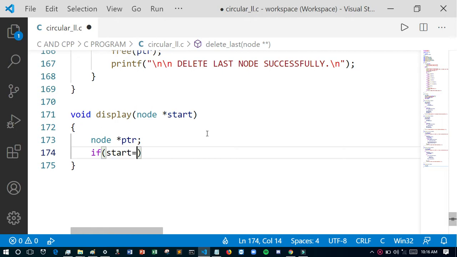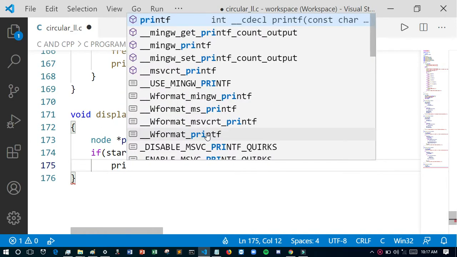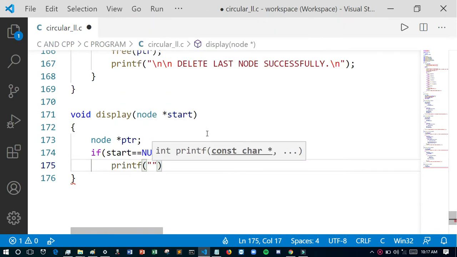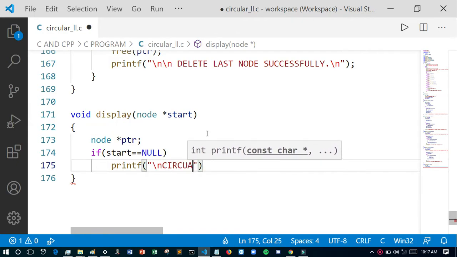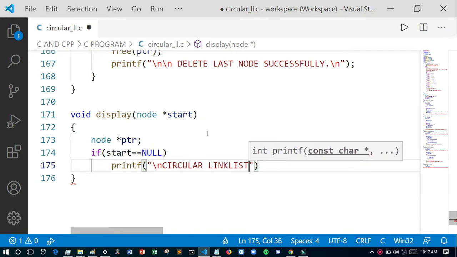If start equals null, it means no node is present, then it will show that the circular linked list is empty.